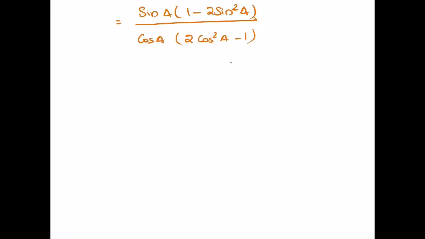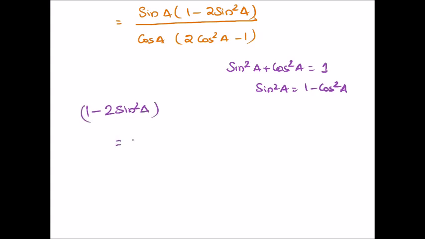We know the identity sin square A plus cos square A is equal to 1. That means sin square A is equal to 1 minus cos square A. So we will solve the numerator separately. This term only, the 1 minus 2 sin square A